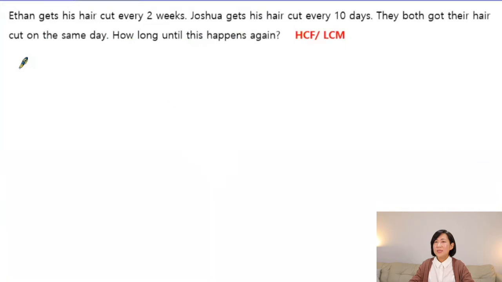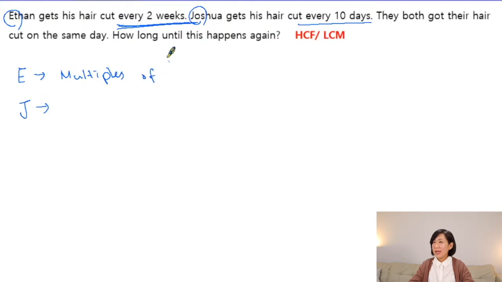So let's check our keywords. Here we can see Ethan every 2 weeks. Then you see Joshua haircut every 10 days, right? That every 2 weeks is our clue. So what does it mean? 2 weeks, 4 weeks, 6 weeks. That is a multiples of 2 weeks, right? 2 weeks is how many days? It's 14 days, right? So we need to find the multiples of 14,